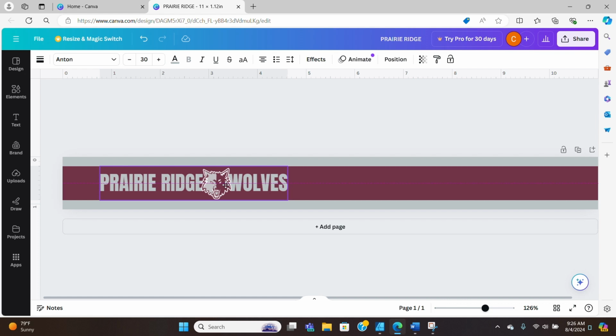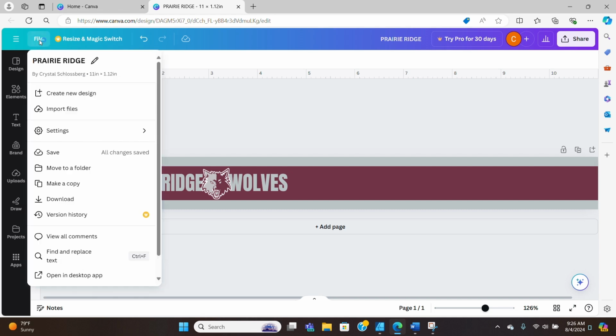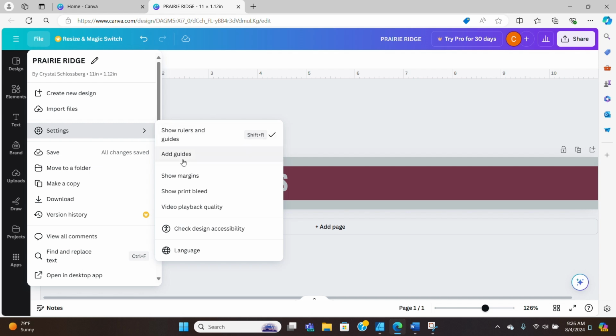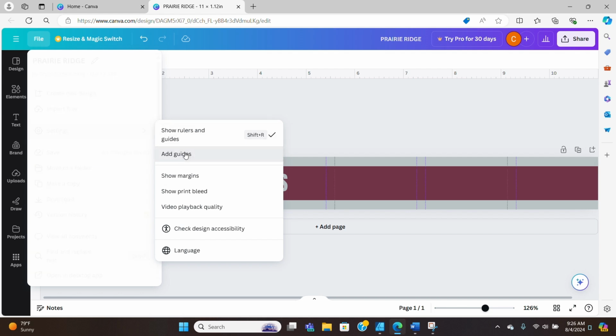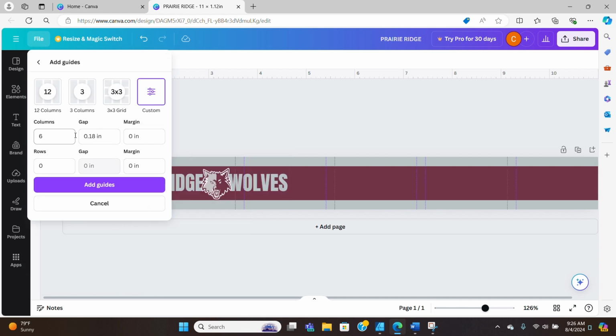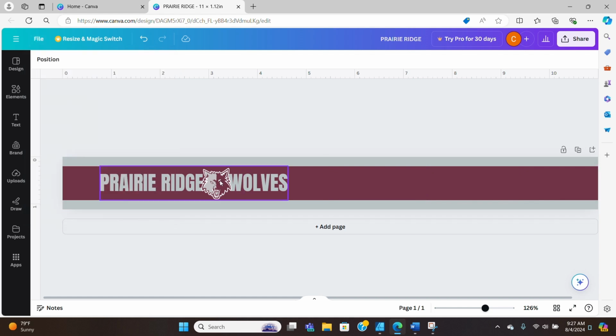Canva does appear to have the option to create guides, but it seems a little bit more cumbersome than Affinity Designer. If you go to File and Settings and Add Guides, then this menu pops up where you can create guides. You can do columns in the gap, margin, rows, gap, and margin, and add them that way. I'm not going to do that for this, but